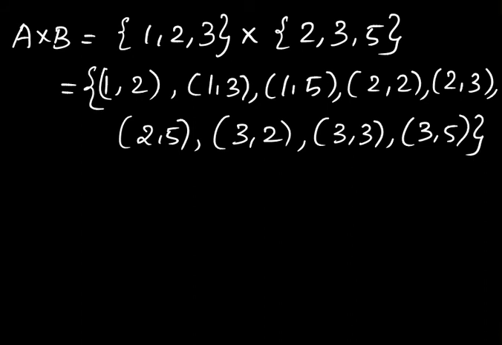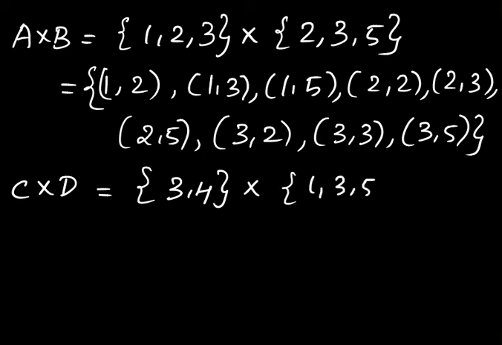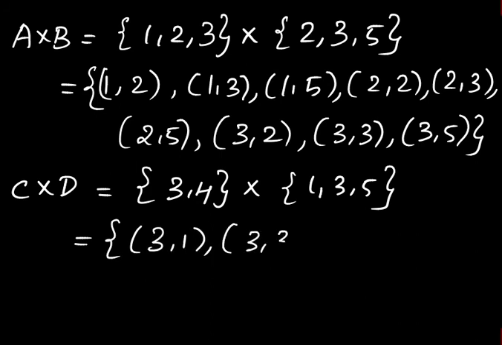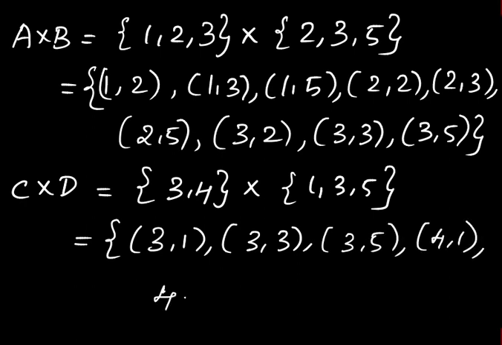So after finding A cross B, find C cross D. So C value is the set {3, 4} and D value is the set {1, 3, 5}. When you write in ordered pairs, we'll get (3, 1), (3, 3), (3, 5), (4, 1), (4, 3),